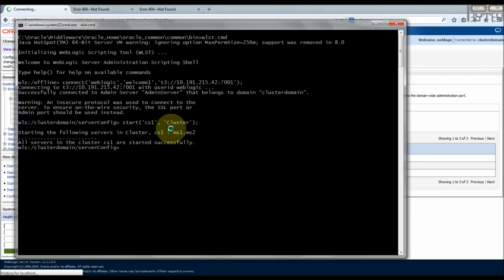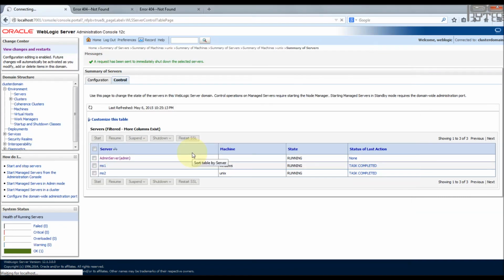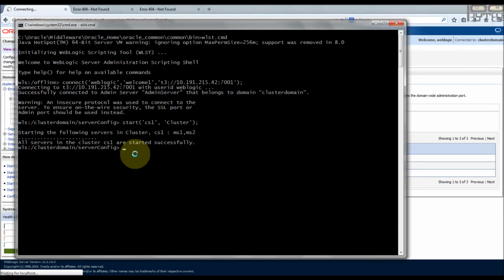The command is saying that the cluster started successfully, and you can see it in the admin console also. Both the servers are running. Okay, let's try to shut it down now. That command is shutdown CS1 cluster, and this will try to shut down both the managed servers on both machines.